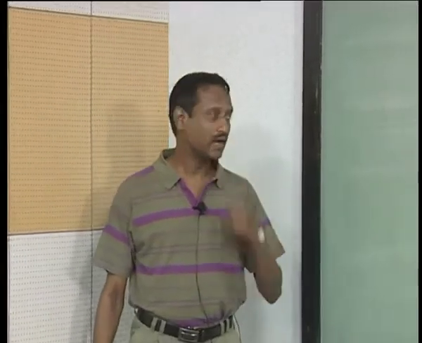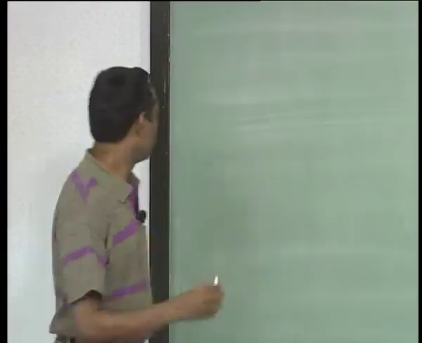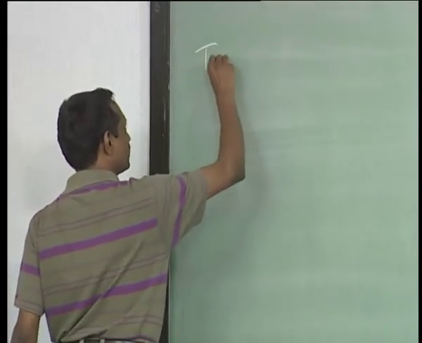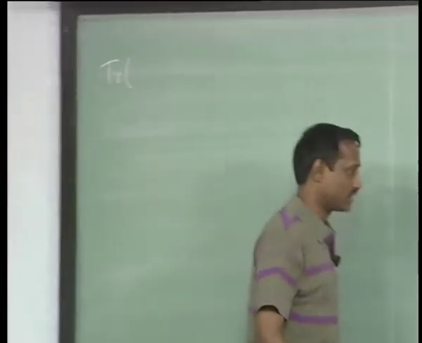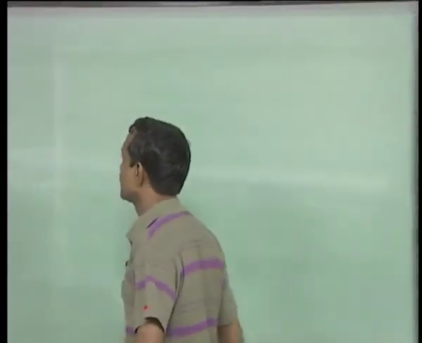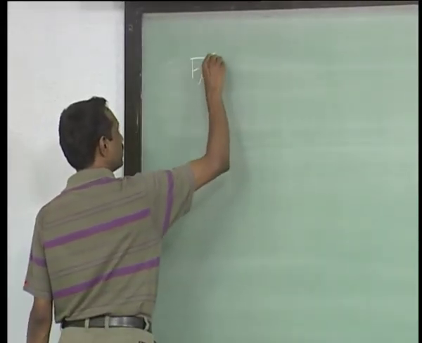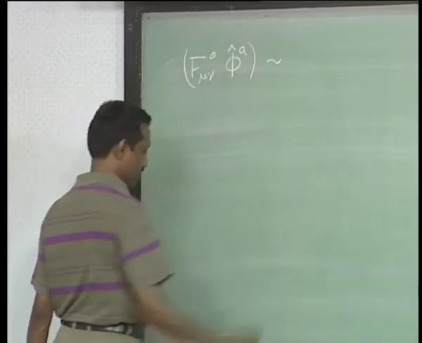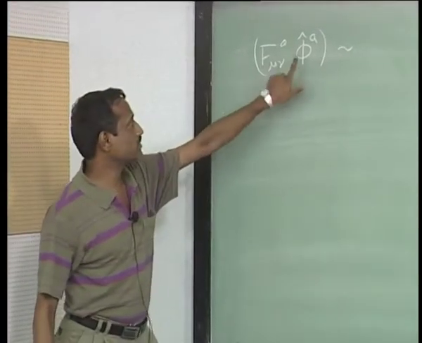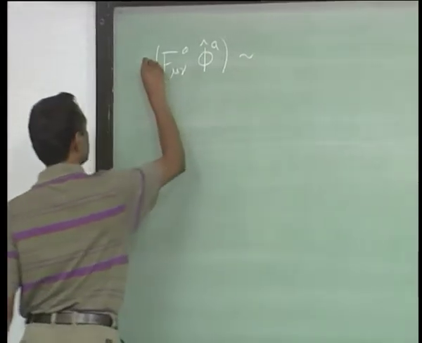Back to that. Last lecture we saw how to go about identifying the U(1) gauge field, and I left you with the suggestion that you look at the trace of the non-abelian fields. It is best to write it in a slightly different way. Forget the trace. Let's write it as F_{μν}^a φ̂^a, where φ̂ is normalized to 1. This should be the field strength for